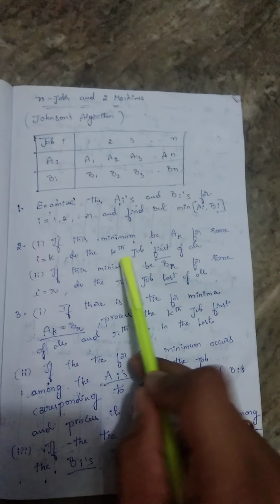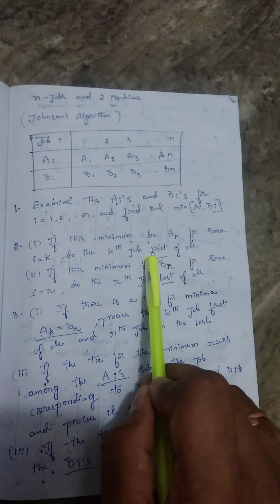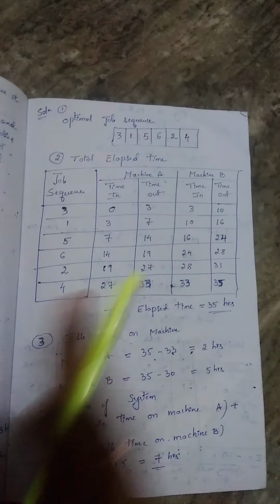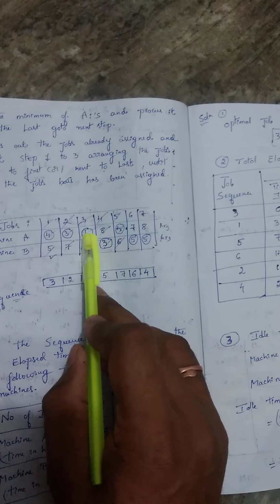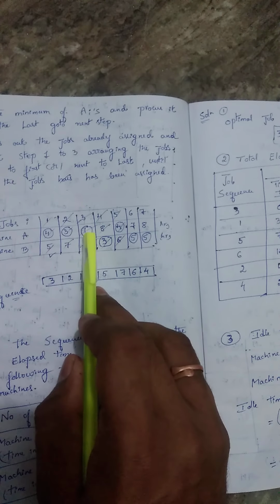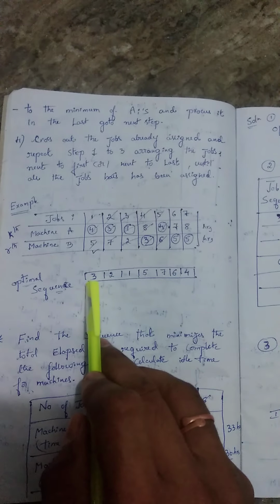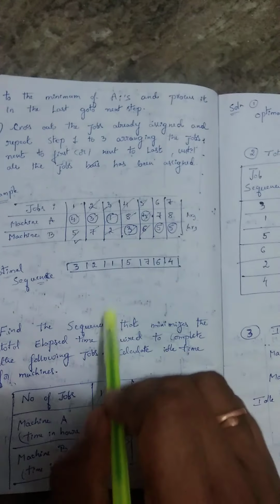Okay, kth job. That means we are identifying the smallest working hours, and we are placing it first in the job sequence. Here only 1 hour is working for machine A. That's why job 3 is placed first in the job sequencing. Okay, coming to the next condition, which is the smallest one.